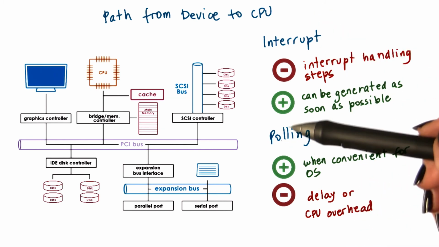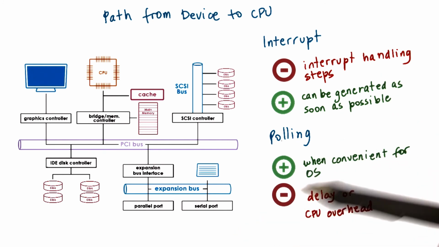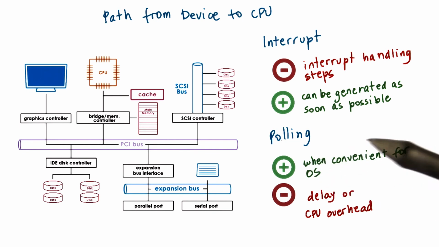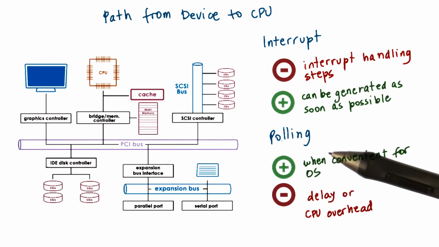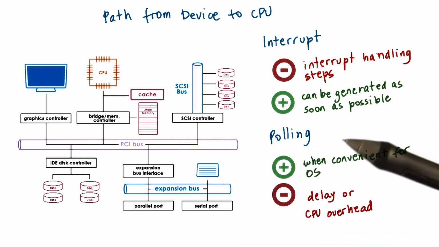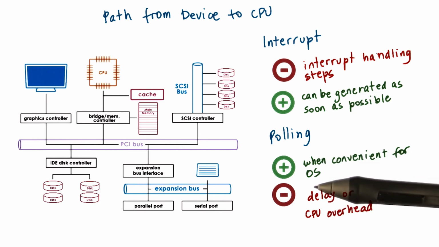Whether interrupt or polling mechanisms should be selected will really depend on the kind of device that we're dealing with, on the objectives, whether we want to maximize things like throughput or latency, on the complexity of the interrupt handling routine and the characteristics of the load of the device. So what is the input data rate, the output data rate that needs to be met, and a number of other factors.